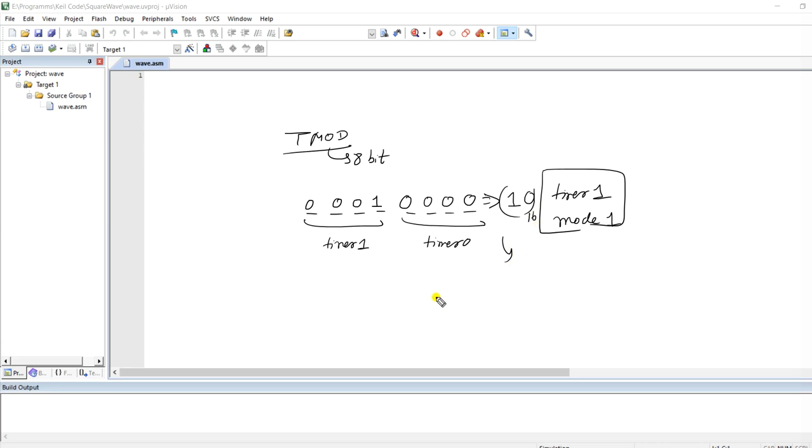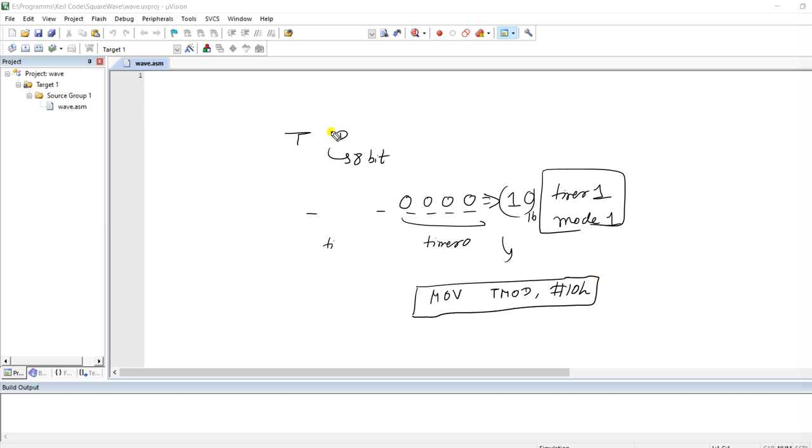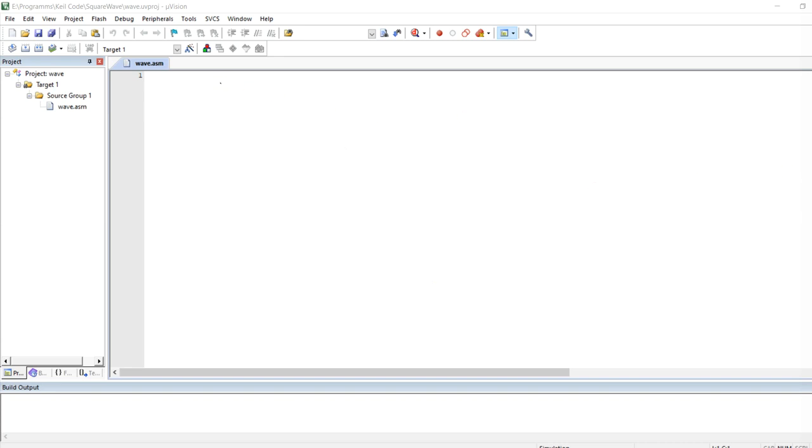So for that we will use the code MOV TMOD, #10H. So this code will be written. Okay, so let's write this code here. I will write the first line here.